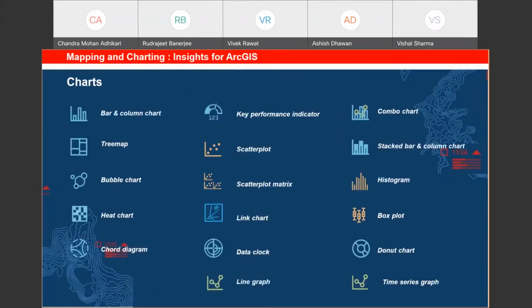I will take you quickly through some of the tools so that you will have a fair idea how to use these different kinds of options for your queries to be answered by the tools for you. Say, for example, if I go with the bar graphs, we are using it for the years. Bar graphs use either horizontal or vertical bars to show the comparison among the categories. They make it easy to identify the broad differences between the groups at a glance.